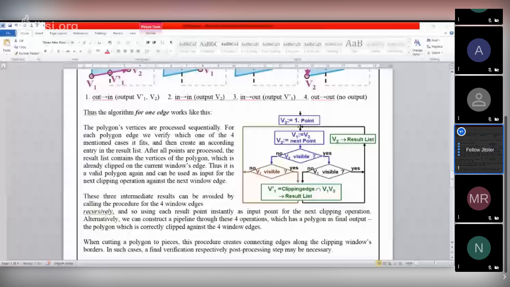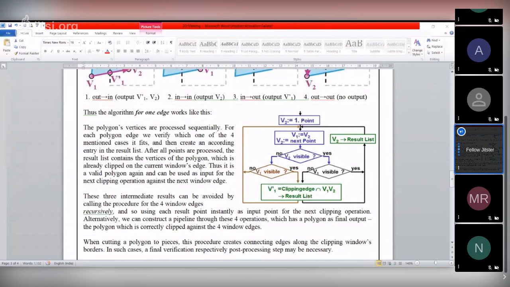It is the intersection between the clipping edge and the v1 v2 edge. That means we have to find out the intersection point on this edge. After getting this v dash 1 point, we have to save this value in the result list.